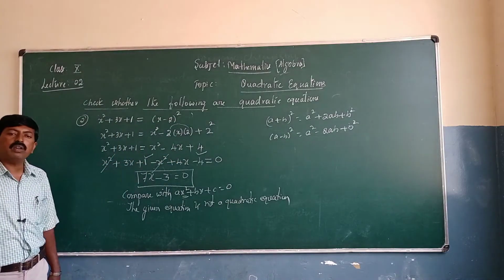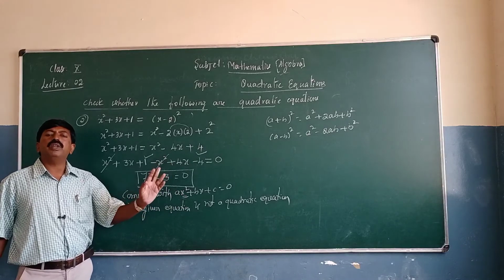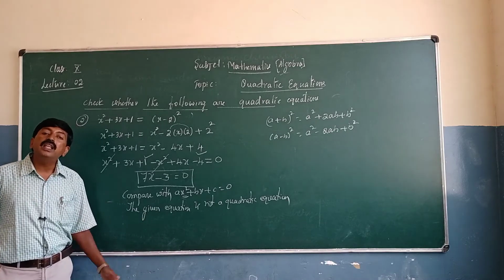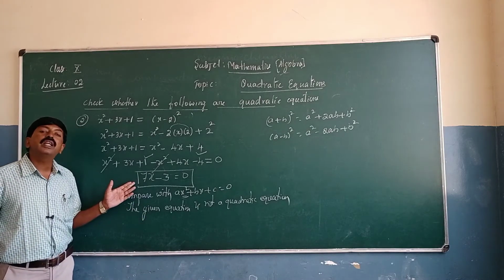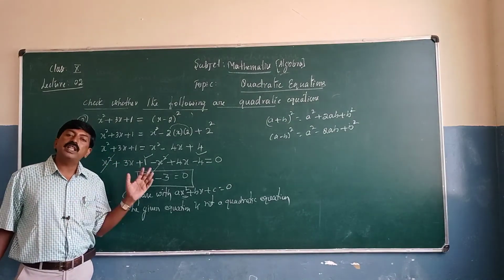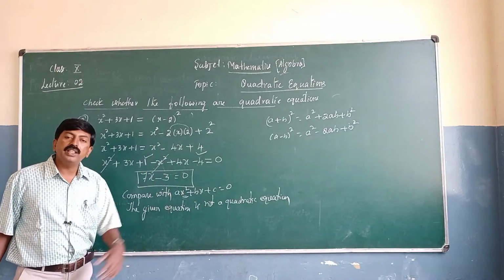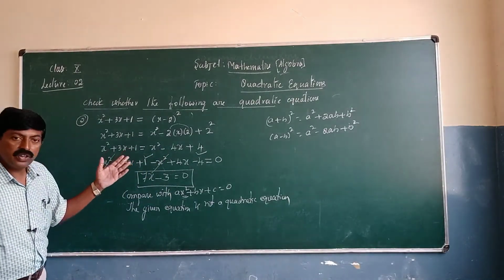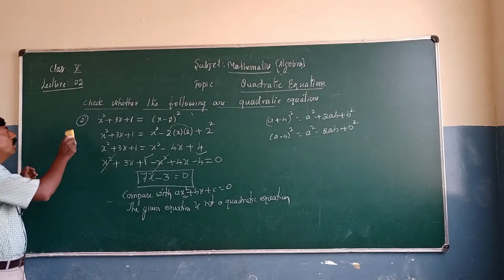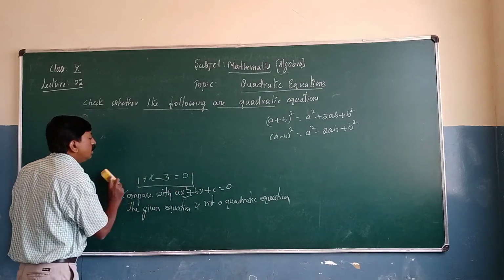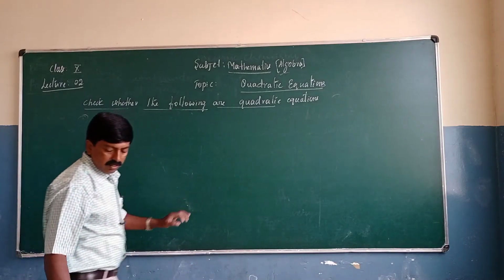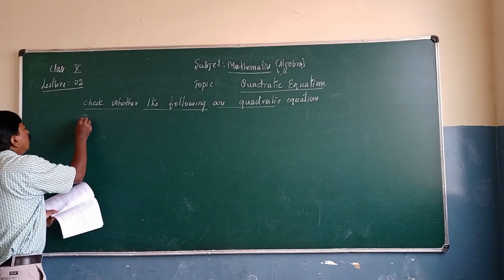If it is not a quadratic equation, you can recognize what type of equation it is. It is a linear equation. From 8th and 9th, you already solved linear equations. The given equation is a linear equation. It is not a quadratic equation. Like this, you can simplify and identify whether the following equation is a quadratic equation or not. Now we pass on to the third question. Only 2 problems are left in this main. So okay, the third one.